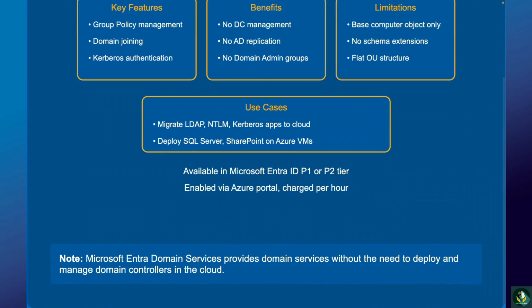There are some limitations to this service. While Microsoft Entra Domain Services offers many benefits, it's important to be aware of its current limitations. First one, only base computer Active Directory objects are supported. Schema extensions are not possible. The organizational unit structure is flat, and nested OUs are not supported. There is a built-in group policy object for computer and user accounts, and limited GPO targeting capabilities, and target OUs use WMI filters or